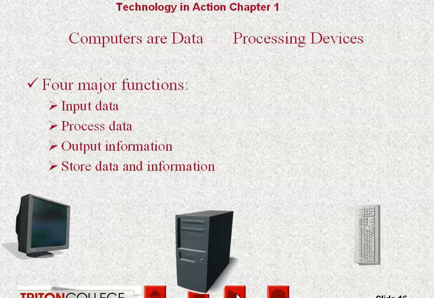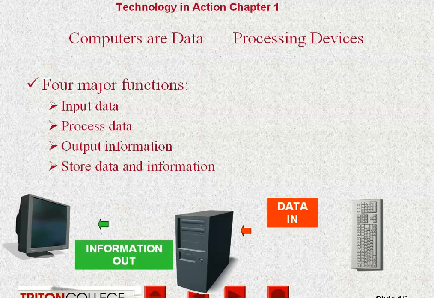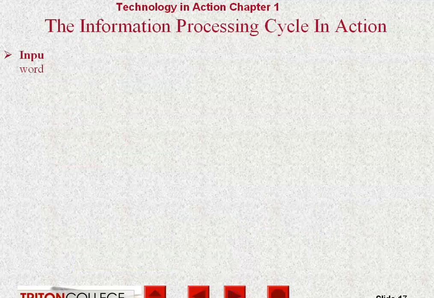Which gets us back to understanding those four major functions that all computing devices use. When I say computing devices, we're not just talking about desktop computers or laptop computers. We're talking about all computing devices. Anything with a microprocessor, and your cell phones are right up there as a specialized type of computer. They all have to input data. They have to process data. They have to output the information, and then they have to store it. Okay, and then the cycle begins all over again.